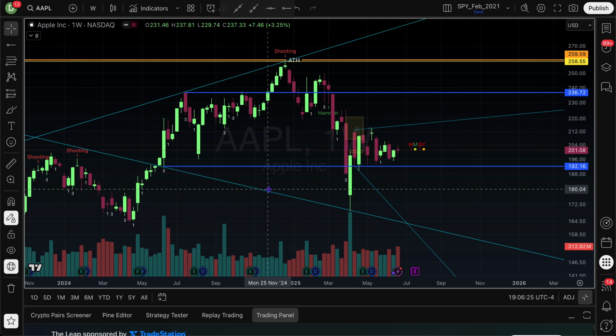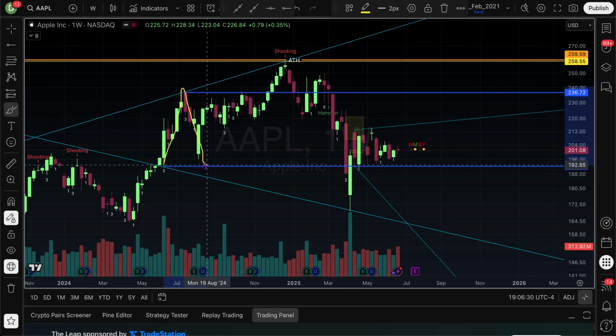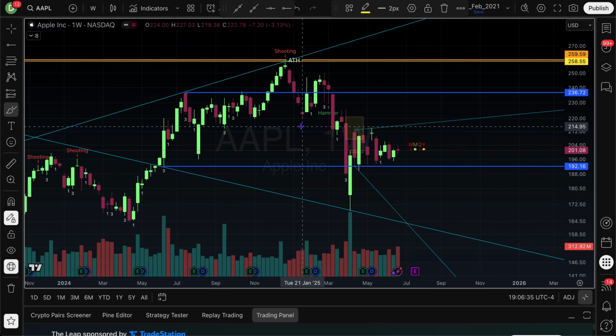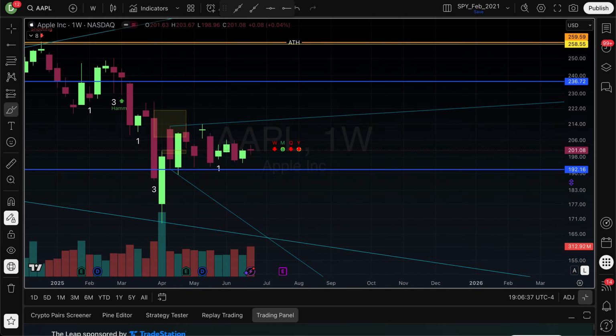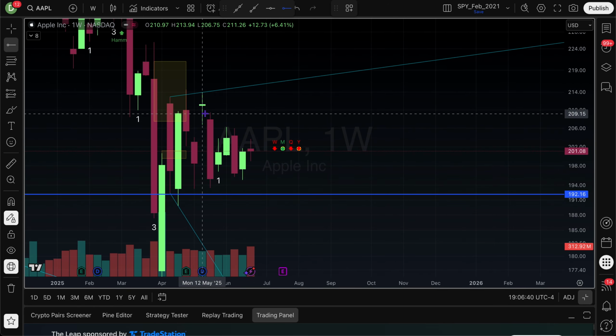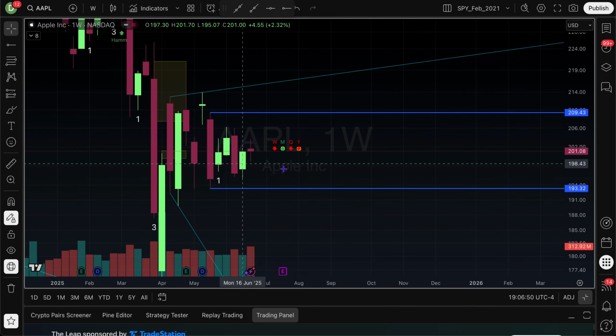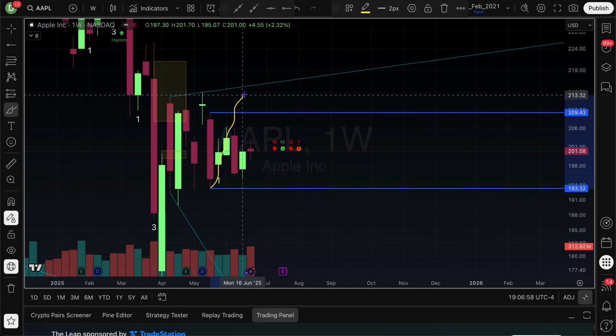So these formations often begin with a mother bar, which we'll talk about later, and you'll see price get stuck inside of a candle in a range. So actually, let me talk about mother bars now. Let me find one. So here, this is a mother bar, right? All of this price action was stuck within the high and low of this big bar. So that is what a mother bar is, right? You're just in a range, in a previous candle's range for a while, right? And then when you break out in either direction, you start an expansion, and that is the break of a broadening formation.